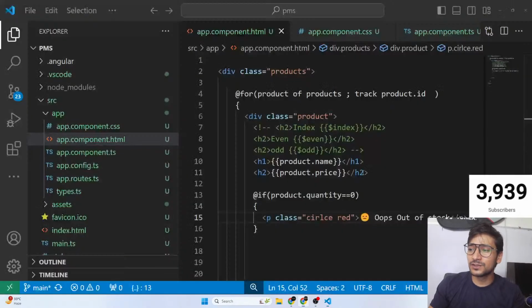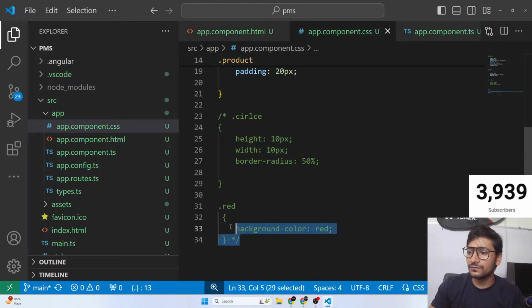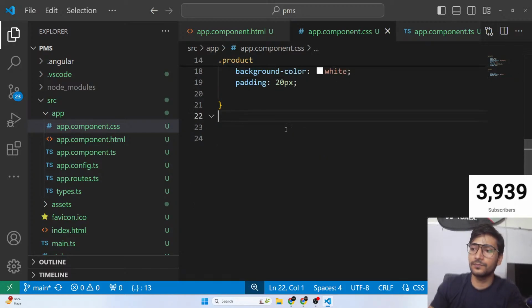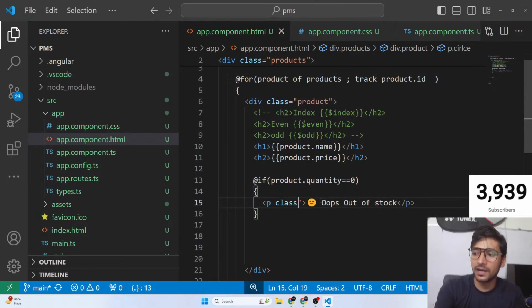So guys, are we cleared with this? As I said, you can display whatever you want. Now we are not giving it color, so we can remove this red and all that stuff. And yeah, that's all fine. We can remove it, and this also we can remove now. And if you want to give it some color, you can give it a class and give it some color as well.